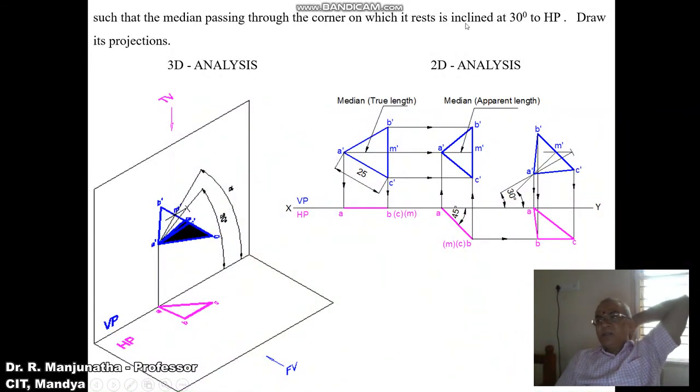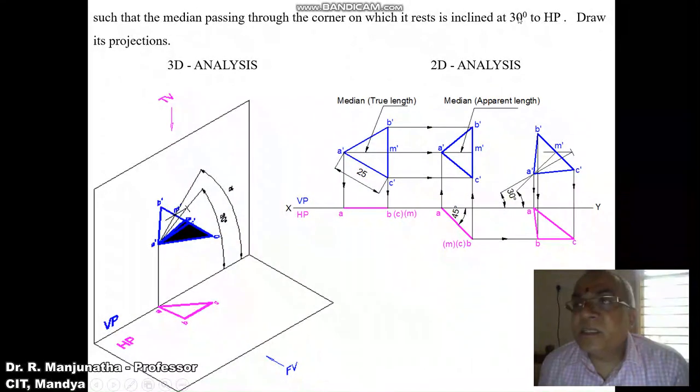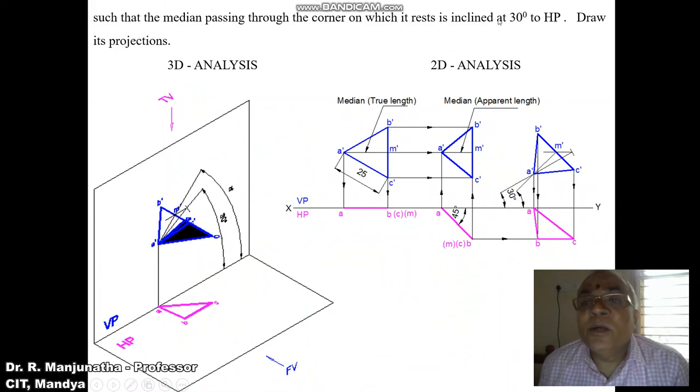So as we have the apparent length, we have to reproduce the second position top and front view in the third position, but the inclination given is the true inclination. So we need to find out the apparent inclination alpha, because in the second position front view, you have the median which is in apparent length. So once we find out the apparent inclination,